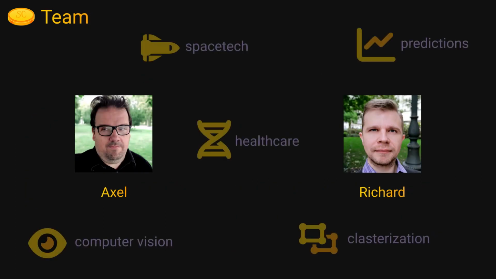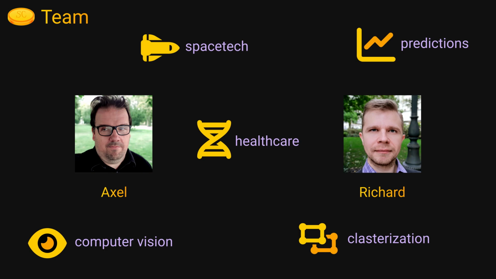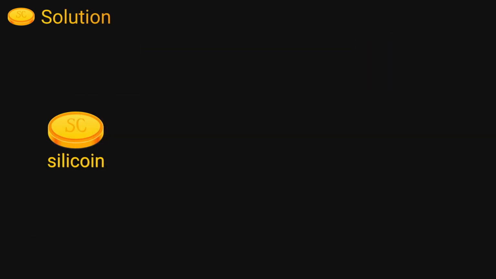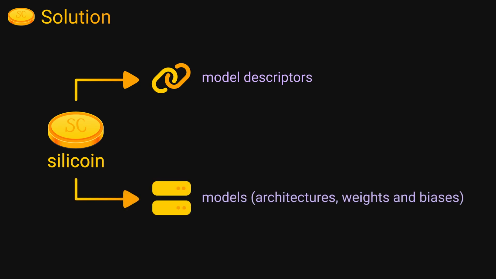We are two freelance deep learning developers with a lot of experience from different fields of AI. That's why we understand the problem really well. We figured out a solution that uses blockchain to store model descriptors for credibility. At the moment, we store the models on the server side, but we want to migrate the storing mechanism to